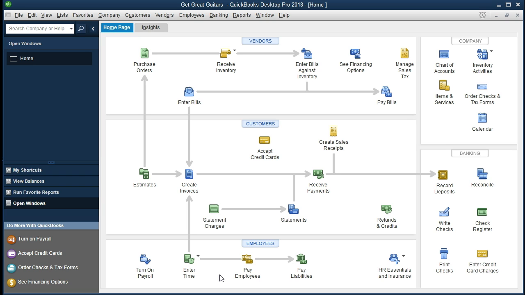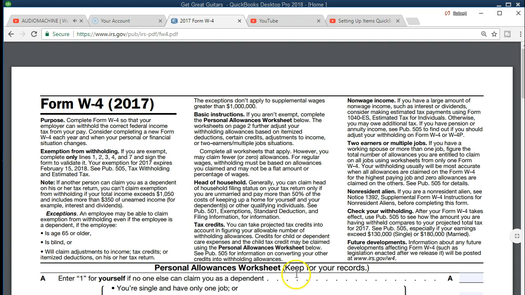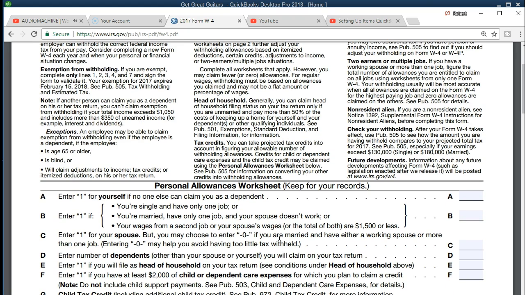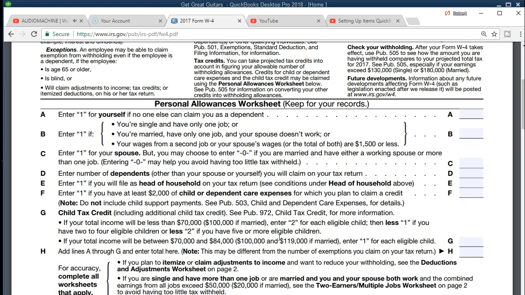So note that, of course, that type of information, a lot of it you're going to have to basically agree on beforehand. What's the pay rate going to be, and is it going to be hourly or salary? So we're going to basically give that information here. And then in terms of just the IRS, we're not going to get into too much in terms of what's the requirement for setting things up, but the W-4 is going to be a standard type of form that will help us to calculate the